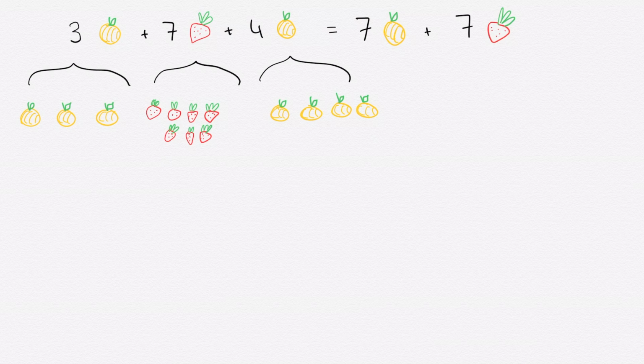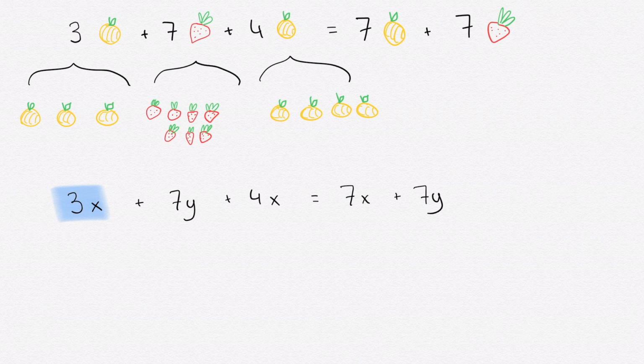Okay, so now let's bring it back to algebra. So let's say you had 3x plus 7y plus 4x. It's the exact same idea as the earlier equation, but instead of fruits, we're actually using x's and y's and numerical variables. So if you had 3x plus 7y plus 4x, we know, like the fruit, it's equal to 7x